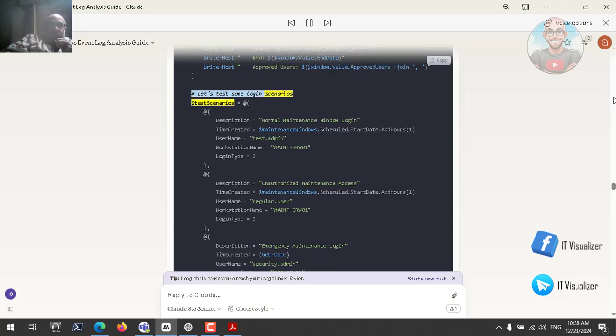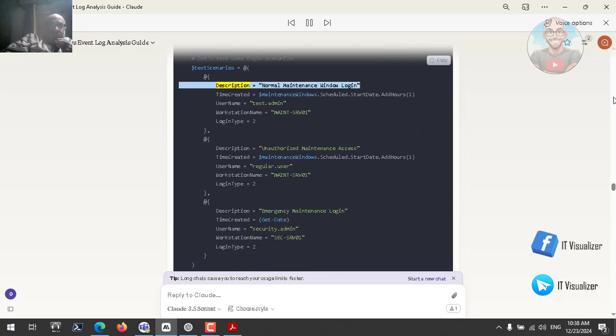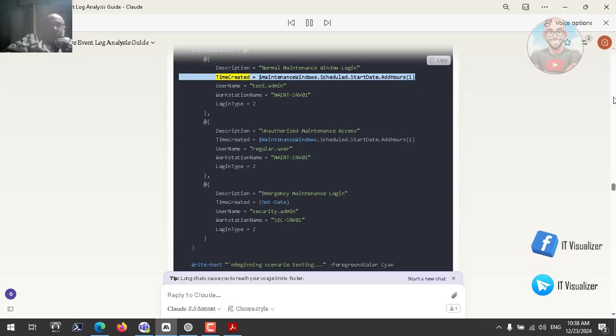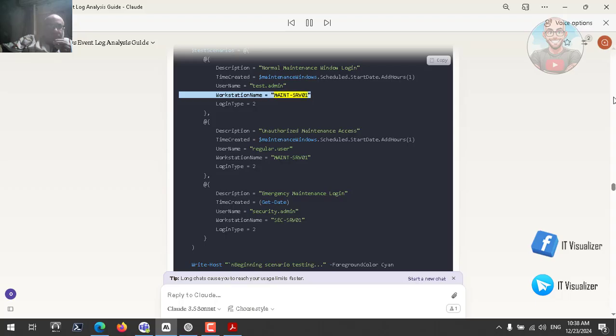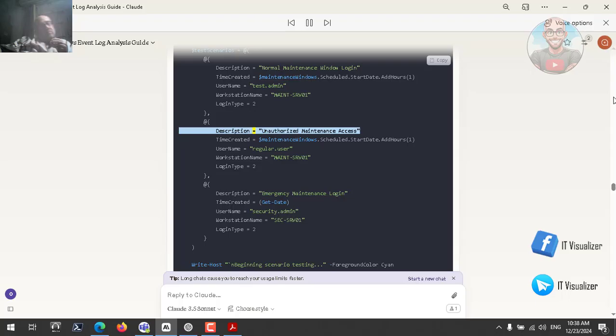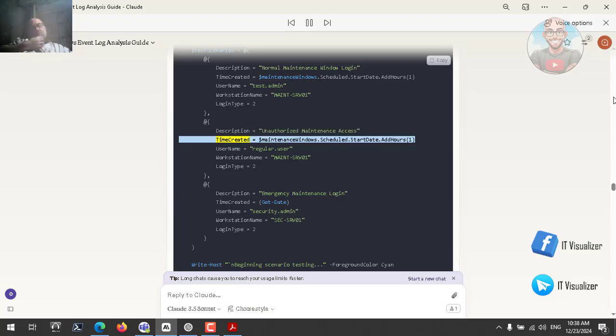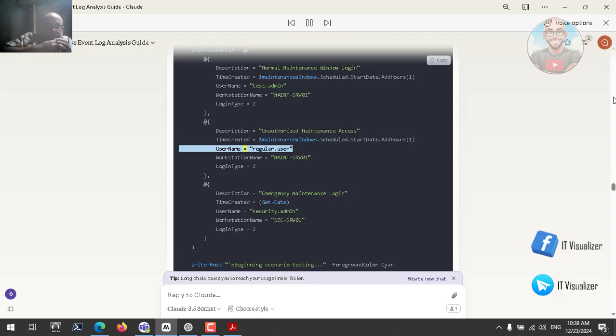# Let's test some login scenarios. $testScenarios = @( @{ Description = "Normal maintenance window login"; TimeCreated = $maintenanceWindows.Scheduled.StartDate.AddHours(1); Username = "test.admin"; WorkstationName = "MAINT-SRV01"; LoginType = 2 }, @{ Description = "Unauthorized maintenance access"; TimeCreated = $maintenanceWindows.Scheduled.StartDate.AddHours(1); Username = "regular.user"; WorkstationName = "MAINT-SRV01"; LoginType = 2 },